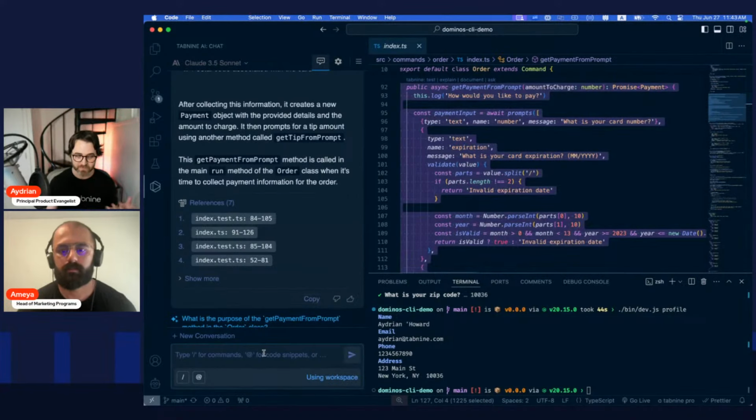And so the first thing I'm going to do is give it context. So this is where we can give context in the chat itself. It might not know what a security code is. And so I'm going to say a security code is a string that is 3 or 4 numbers long.